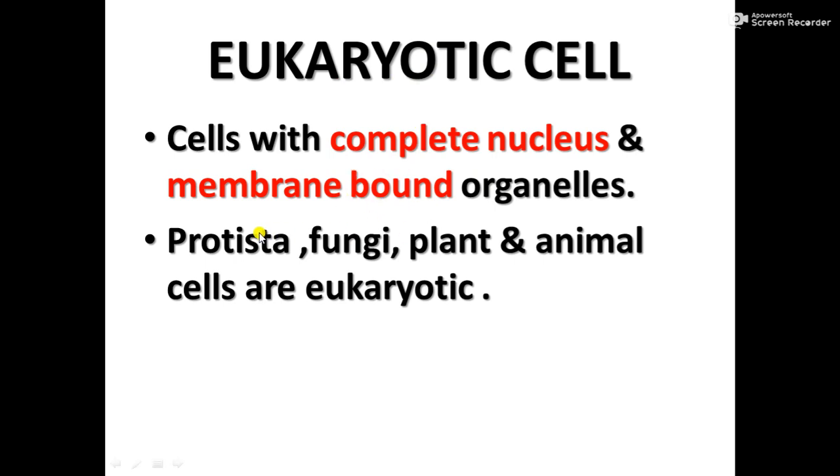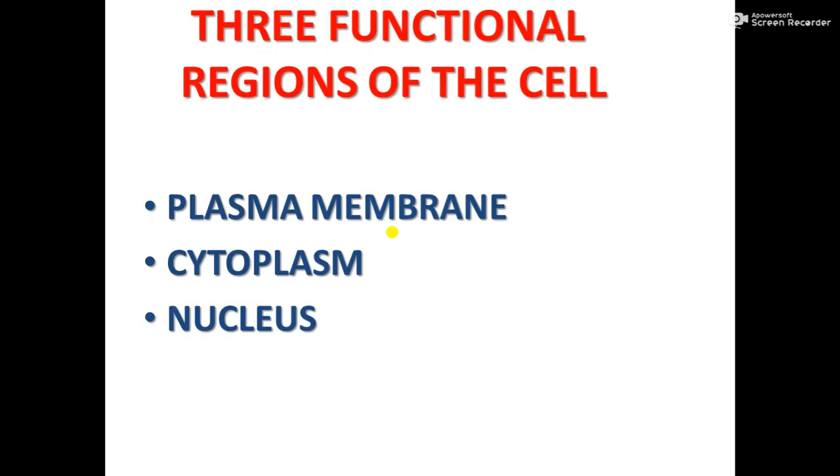And in the first chapter you have learned that except Monera, all other organisms, that is Protista, fungi, plantae and Animalia, all of them are eukaryotic. In the 5 kingdom classification we learned about it, and monerans are prokaryotic. So let us go into the details about the structure of cell.